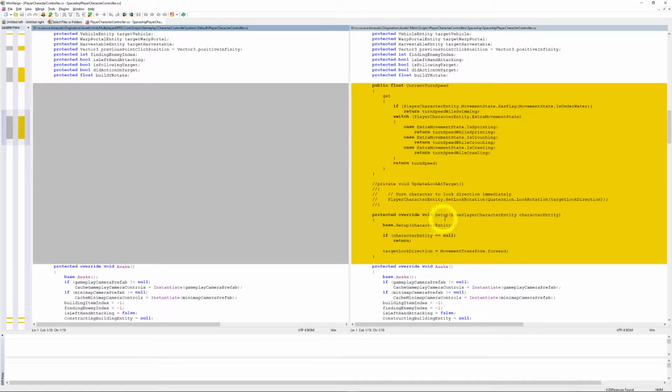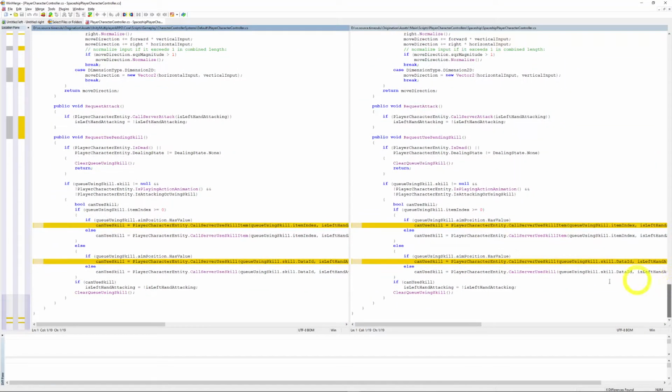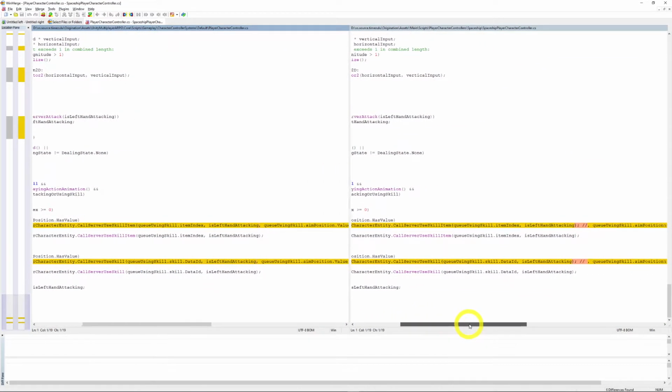Obviously I commented something out that didn't need that, and then there's a quick setup base here, which just sets our target look direction to forward initially. And if we scroll a bit further down, there's not really much else changed. I disabled